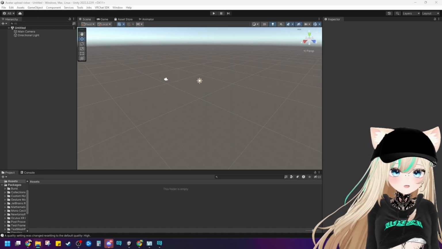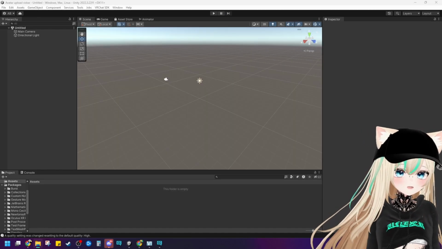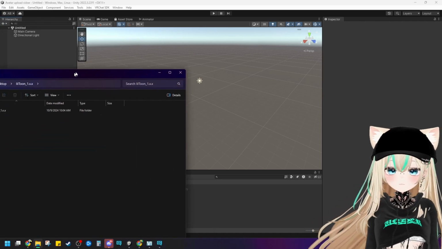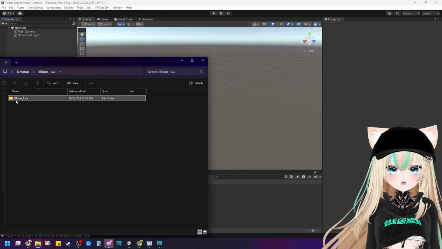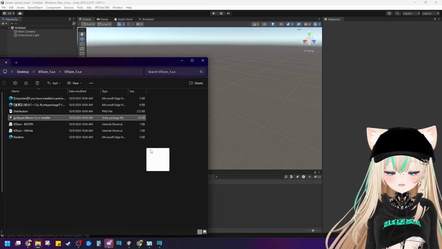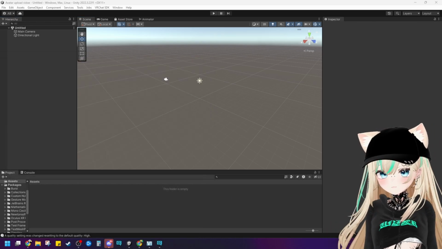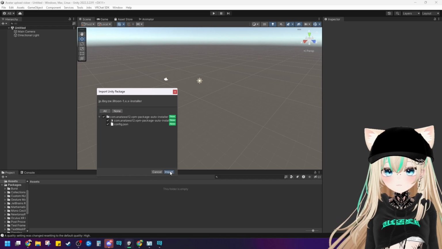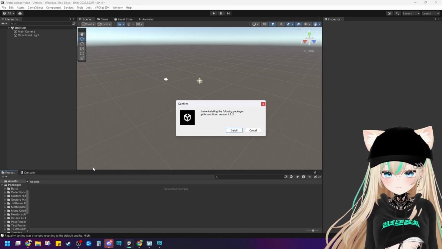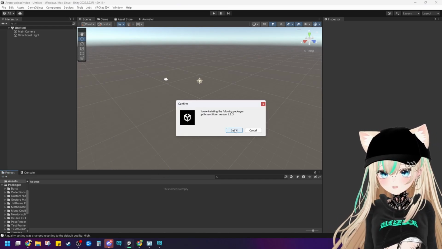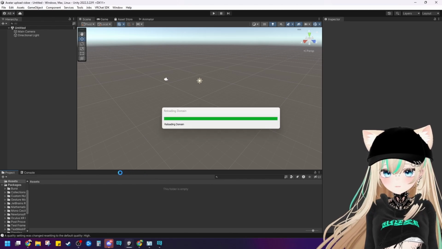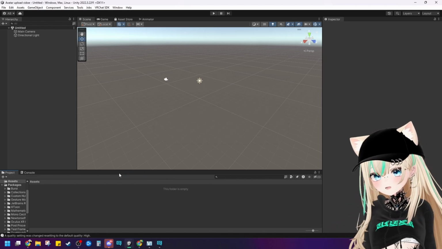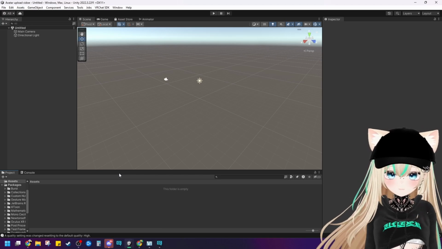All you need to do is drag and drop. So let me go ahead and do that. All right, since we're going to be using a Booth model, I'm going to use the LilToon shader and then just drag and drop it in, import that. Okay, perfect. You're always going to want to import your shaders before your model, or it may mess some things